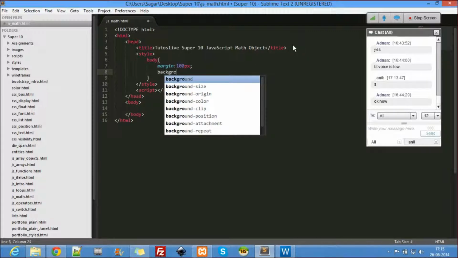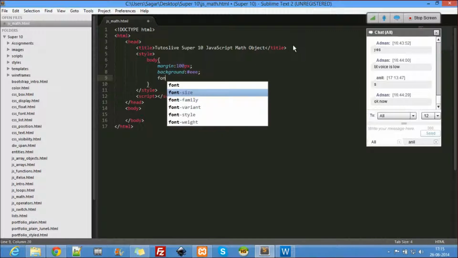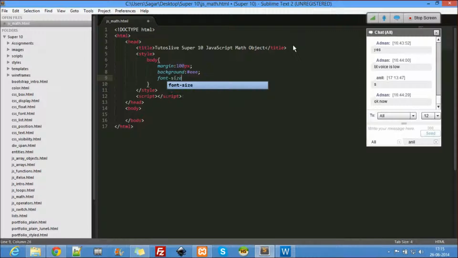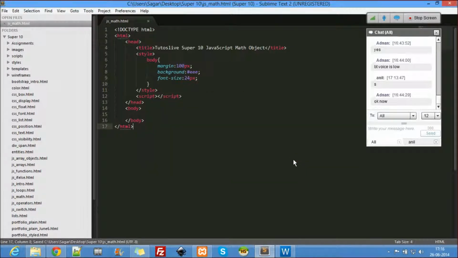Right, background, font size 24 pixel. Right, so that's it. And now let's start doing it.